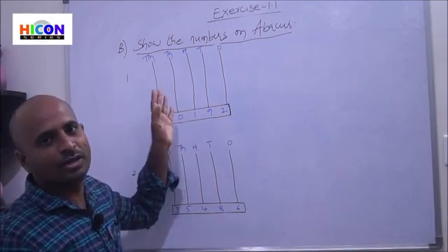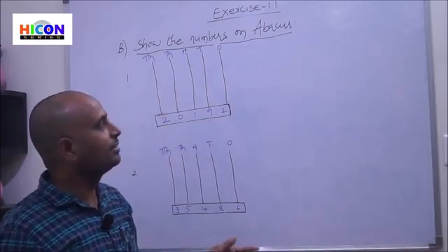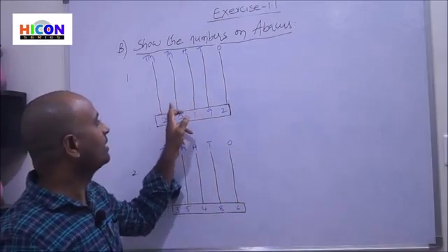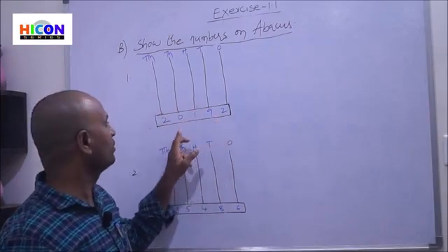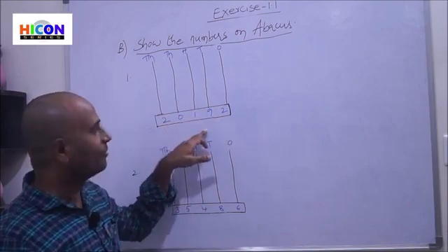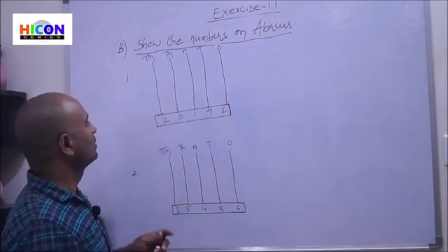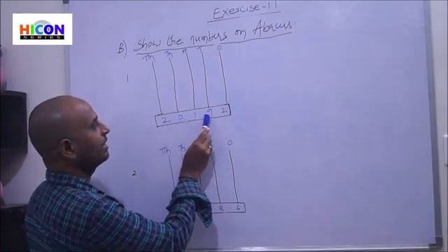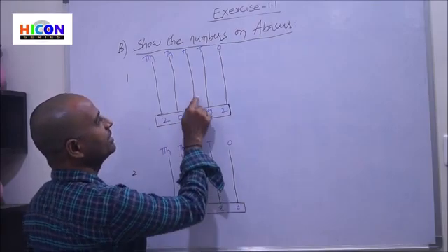So in the first model, we wrote the number from the given abacus. That is, they had given beads on the sticks, so by counting the beads on the sticks, we wrote the number. In this model, they have given the number, and we have to draw the beads. So let us see the first problem. The given number is 20,192. So how to show this number on this abacus?